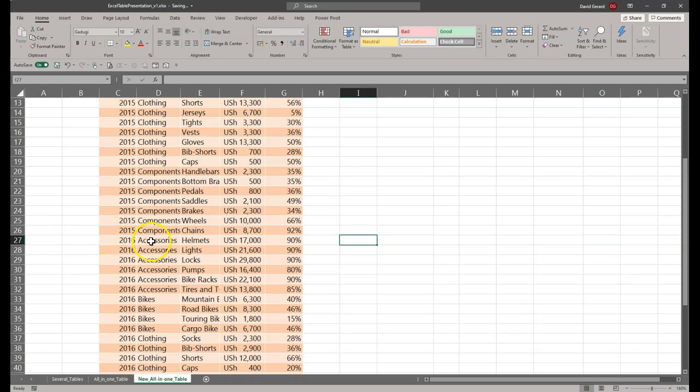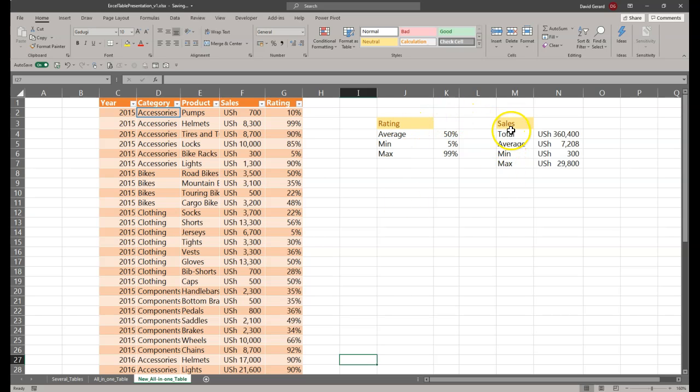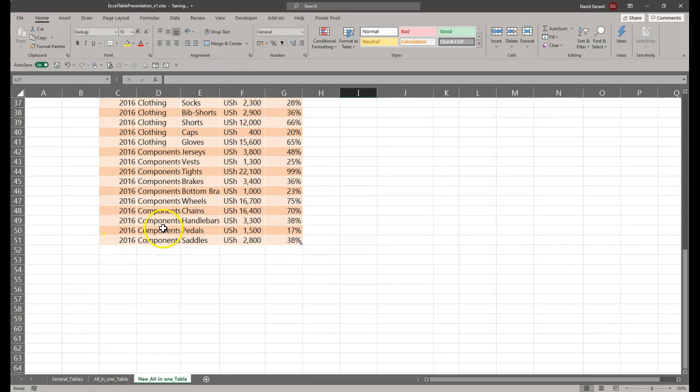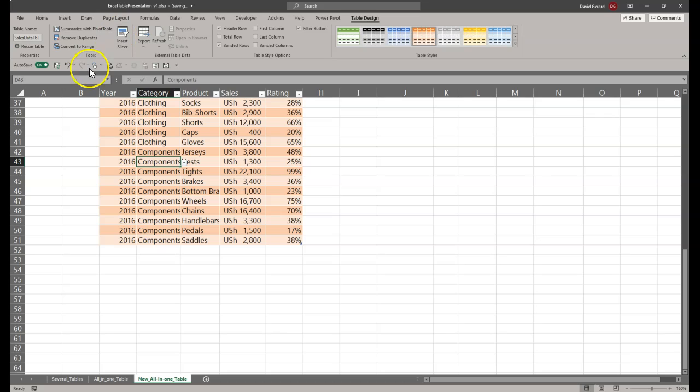Now you still want to view a little bit: what did you sell in 2015? Well, you could create a formula that gives you that information, but you could also use filters, the total row, and some functionality within the table itself. There are different ways of displaying the total row at the bottom of your table. You could go to the table design tab and, within the group table style options, click here. Automatically, Excel inserts a total row at the bottom